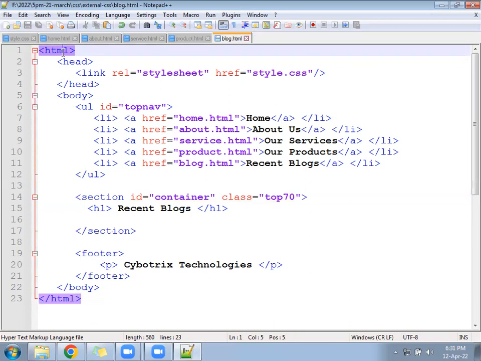So service till about is ready. Inside service, we will use icons. We will be downloading the icons. We will download the Font Awesome library, and that Font Awesome library we will integrate with which one? CSS page.